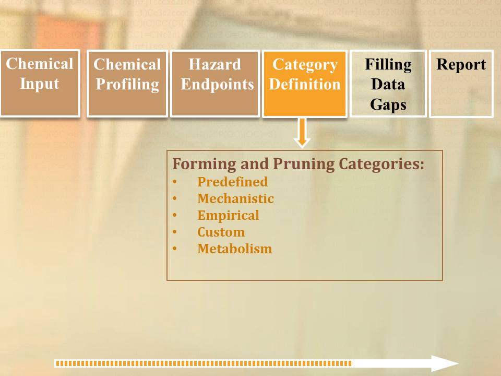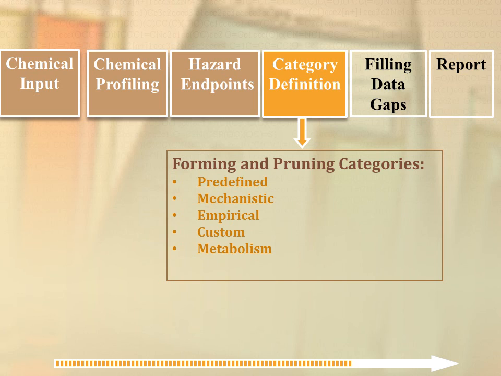Those would be listed and predefined. There could be mechanistic approaches to grouping chemicals, that is, selecting chemicals that have common molecular initiating events, or something like that. There may be rather empirical methods or conventions that are used, and all of these have been defined and loaded in the system